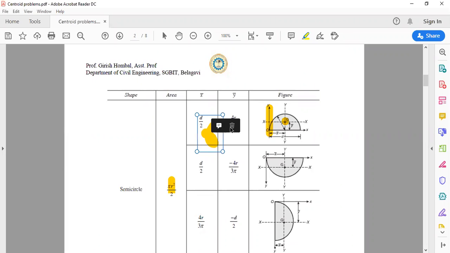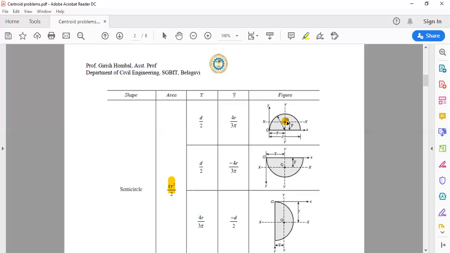One and the same. So total diametrical axis or total length of the base is d. And the distance of this centroid from y-axis is d by 2. Now next you have y bar, which is to be calculated. Now this y bar, we all know that we are going to calculate it from x-axis. So this is the x-axis. So distance of this centroid from x-axis. We have derived this portion already.